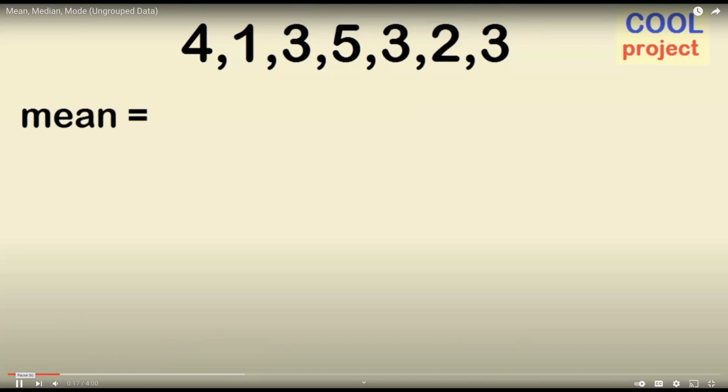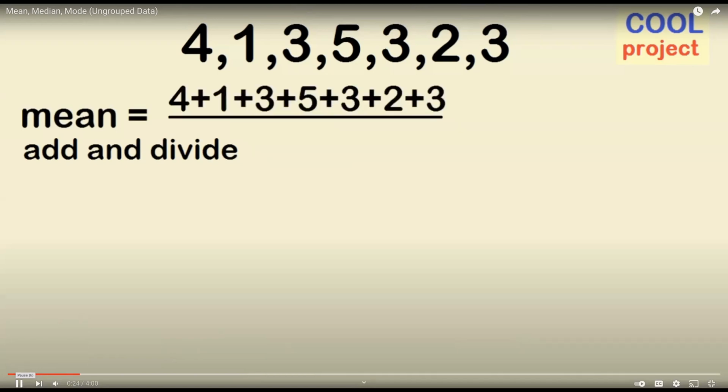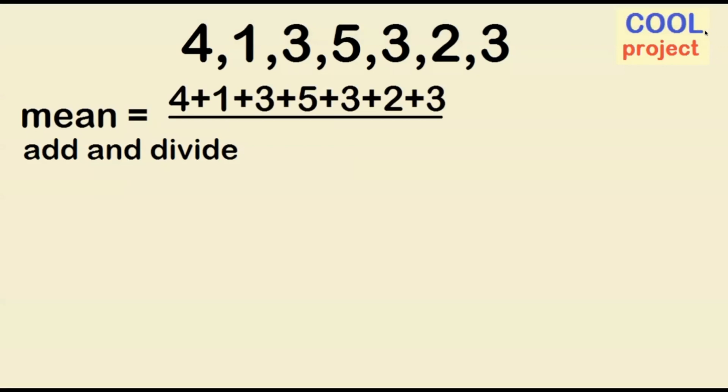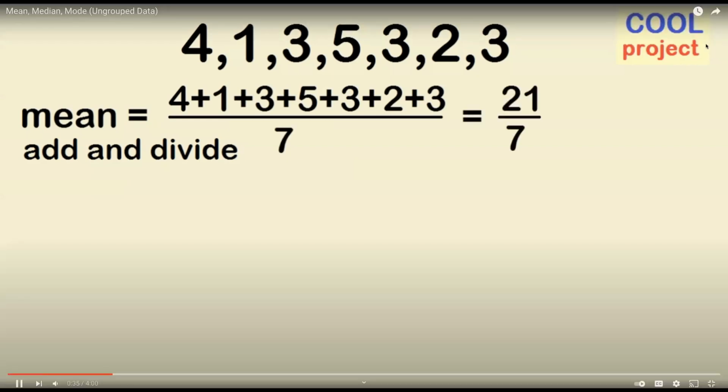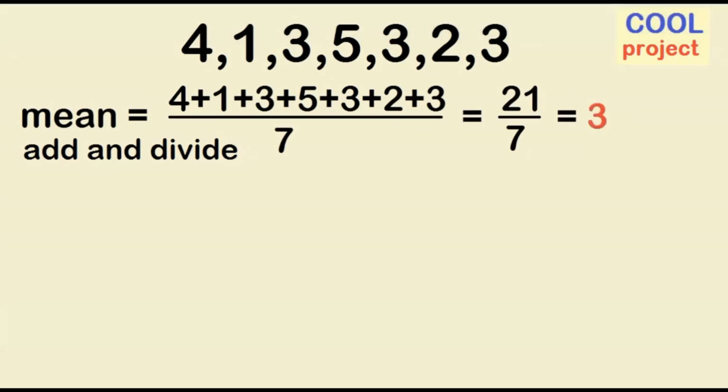Add the data values and divide by the number of data values. 4 plus 1 plus 3 plus 5 plus 3 plus 2 plus 3 divided by 7 is equal to 21 over 7, which is equal to 3. The mean is 3. Note that the number of data values is 7, which is odd, and this is important